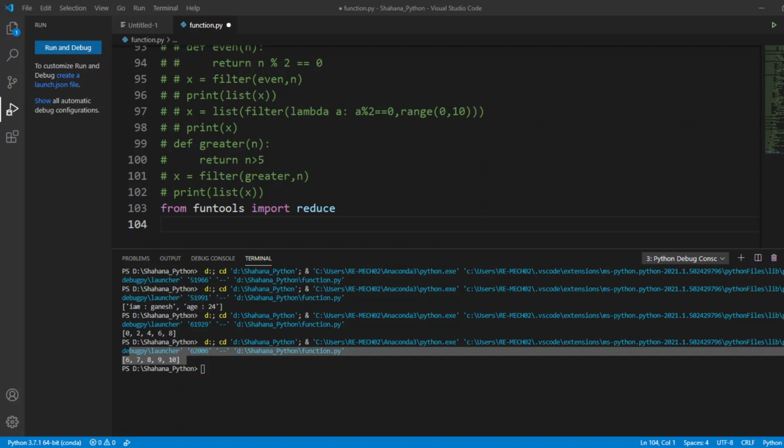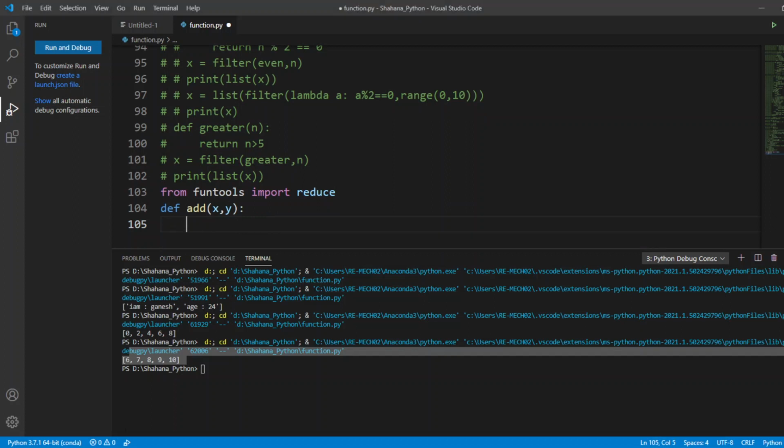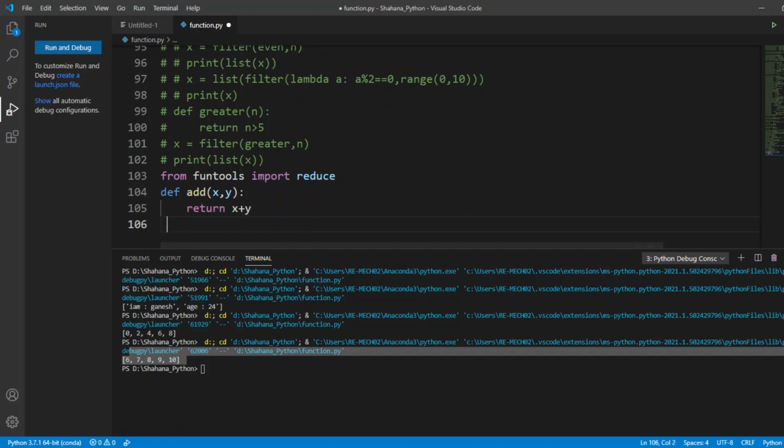What I'm going to do is create a function, def, and add x comma y to it. I'm going to return x plus y. This is my function. Now I'm going to pass my list here. n is equal to the list 1 to 5.